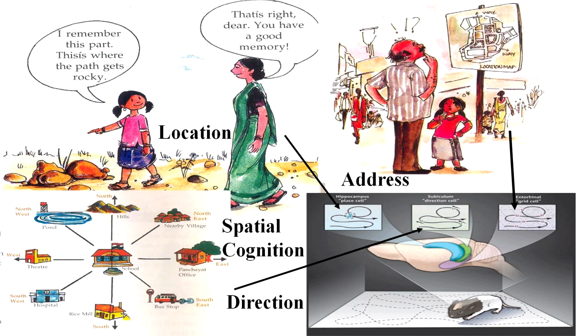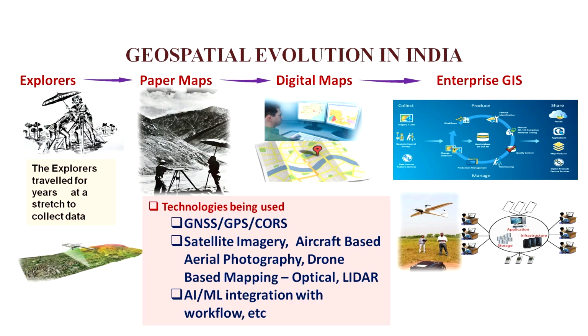In a large area, if you want to identify yourself, right, left, south, north, it is the entorhinal part of the brain which works as a grid cell. So, please try to understand, the technology has come here to help and improve the geospatial senses of a human being, which is guided by the different parts of our brain as I have already discussed. If we look into the geospatial evolution of India, initially the explorers travelled here to collect the data,